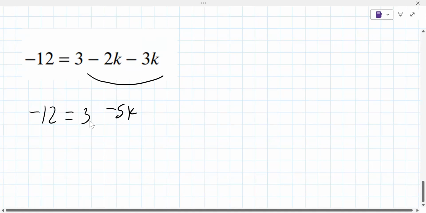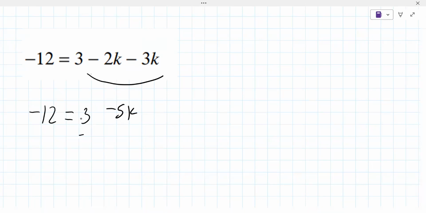So you would subtract 3 from both sides. Yep. And then it would be -12 minus 3, which is